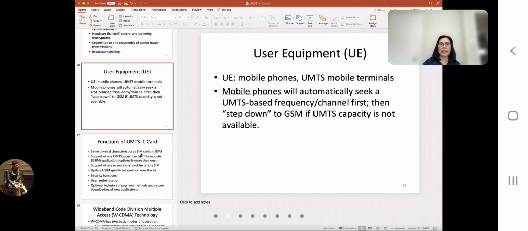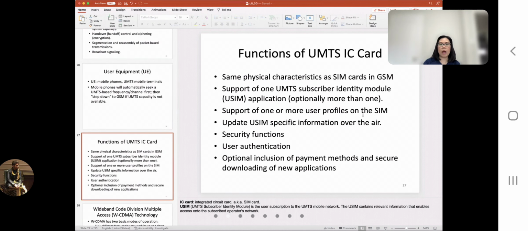All right, and then inside a mobile phone, there's something called the UMTS IC card. IC stands for integrated circuit. Basically, this is a SIM card, right? So in GSM we call it SIM card. In UMTS we call it USIM card. It stands for UMTS Subscriber Identity Module. It can support one or more user profiles on the same card, and it can update